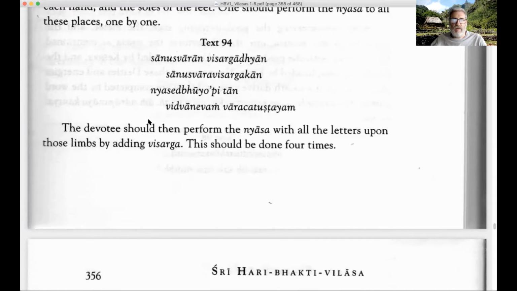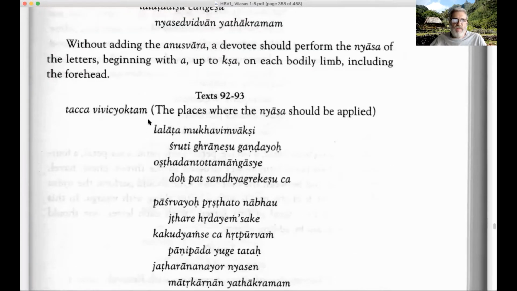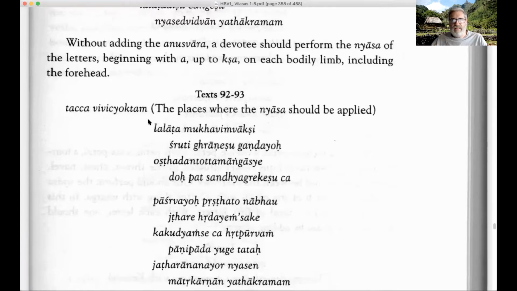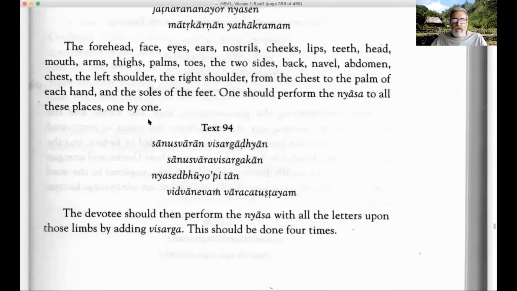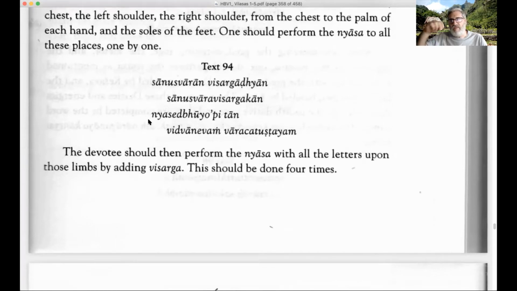Okay, so continuing on. Text 94. The devotee should then perform nyasa with all the letters upon these limbs by adding the visarga. So first of all, we do it with anushwara, this pure nasal, and secondly, we do it with the visarga. The visarga is the H with the dot underneath it. It makes an echo of the vowel that comes before it.